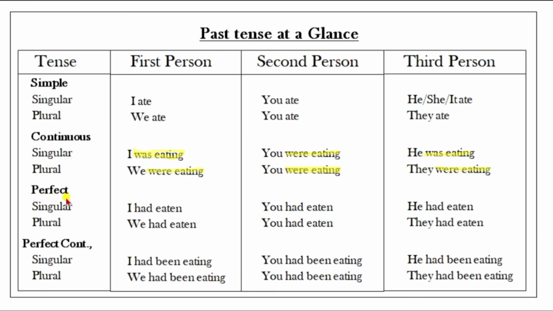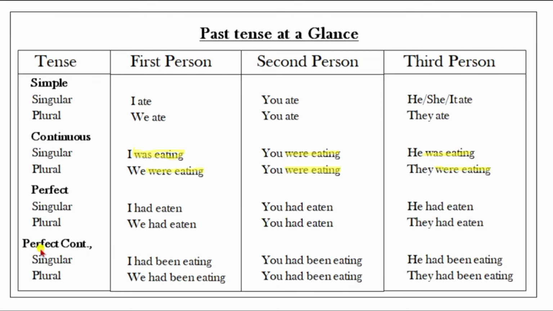And now past perfect tense. Past perfect tense, singular and plural. I had eaten. We had eaten. Singular and plural after also had helping verb. Verb 3 we are using there. And after that second person, you had eaten. Singular and plural also. You had eaten. We are constructing the sentence here. And third person, singular after also, he had eaten. They had eaten. Singular and plural after also we are using the helping verb had.